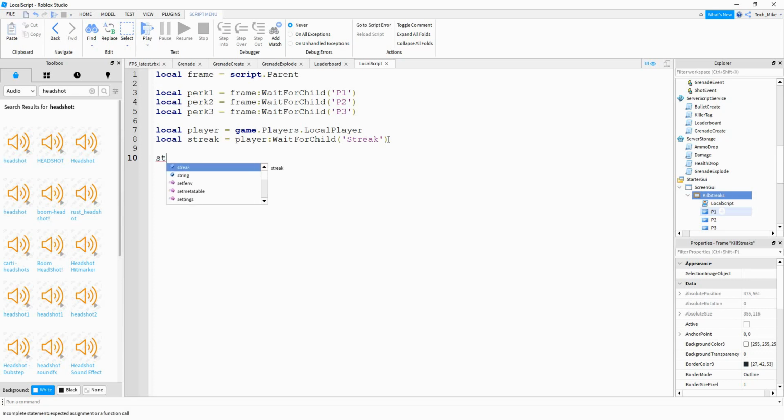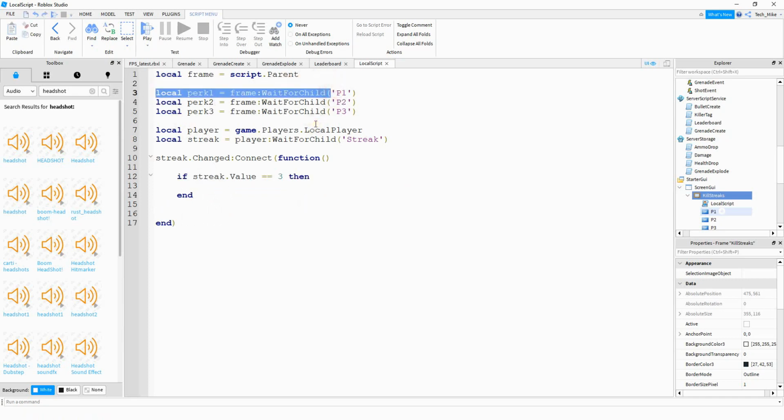So to do that, we're going to say streak.Changed:Connect. Inside the parentheses, we're going to put function. And the first kill streak that we want to check for is when the player gets 3 kills. So we'll say if streak.Value is equal to 3, then what we want to do is take perk1 and change the background color from red to green. So to do that, we're going to say perk1.BackgroundColor3